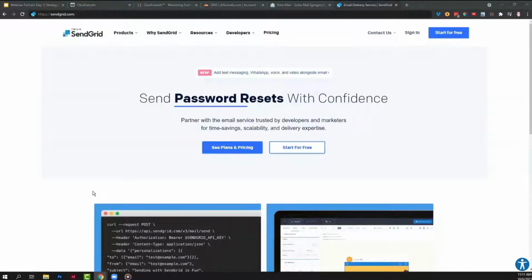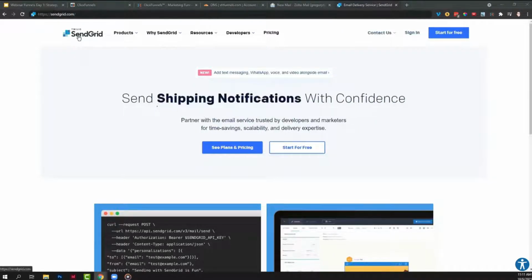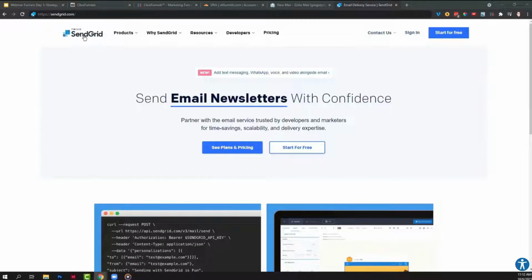So the first thing we're going to do to set up this SMTP integration is create an account with this service called SendGrid. And we can do this completely for free. We don't need to pay any money, at least to get started. Okay. So come here. It's called Twilio SendGrid,